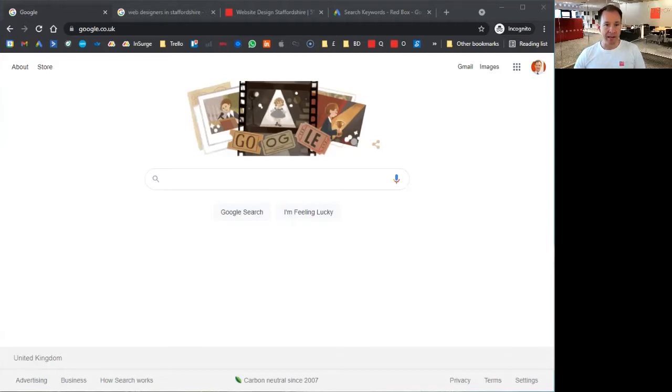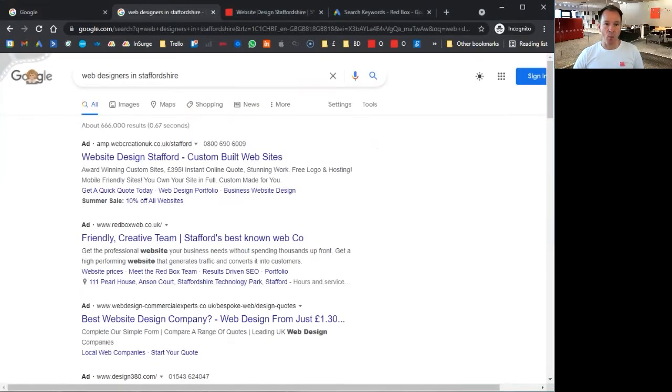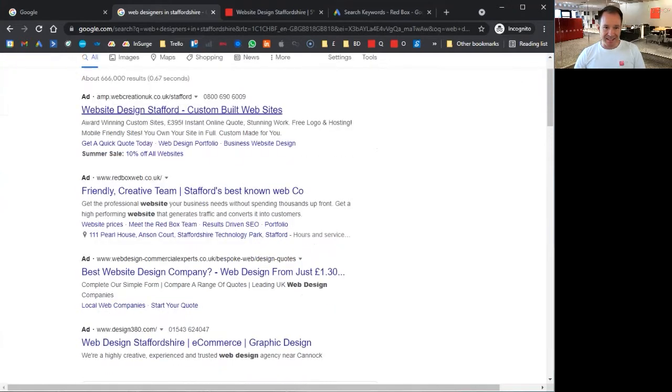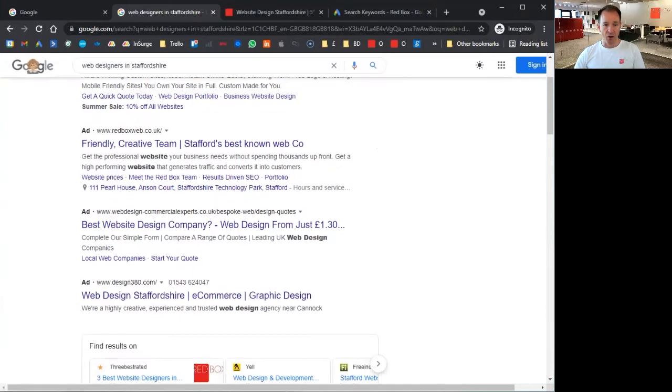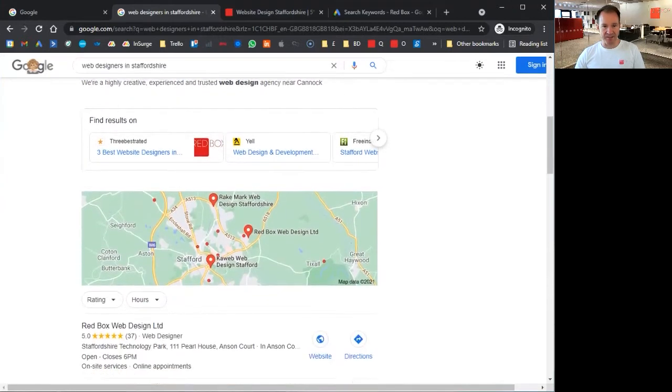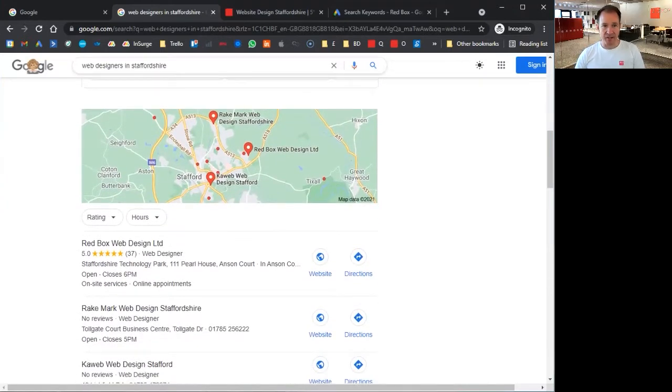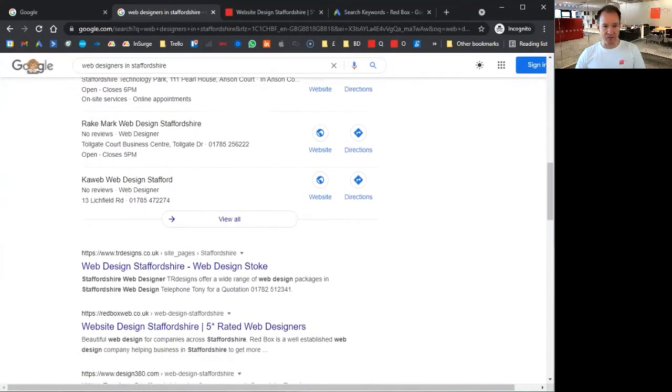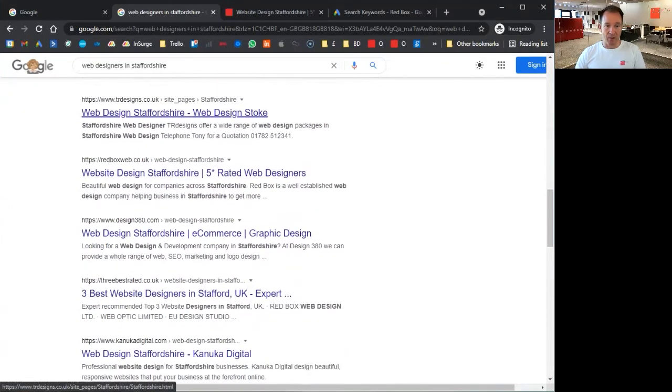So first of all, let's start with the basics. When you do a search in Google, as you can see on the screen here, you're going to be presented usually with 4 adverts at the top of the screen. So you can see they're an advert because it says ad next to the web address. Underneath the ads, you'll get various things. Because I've done a search and used an area name, a county in the UK, Staffordshire, it's also listed some Google Map listings, but then we scroll down and we get to what we call the